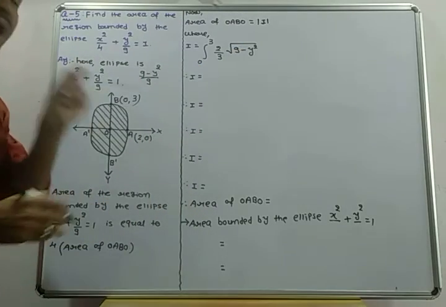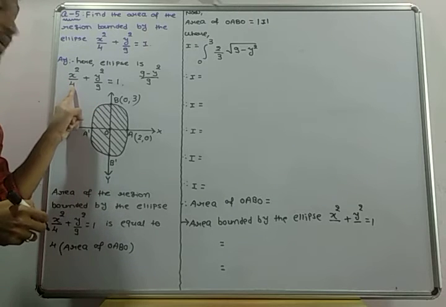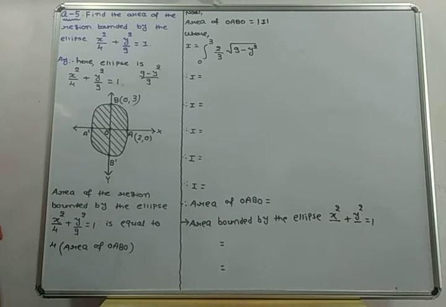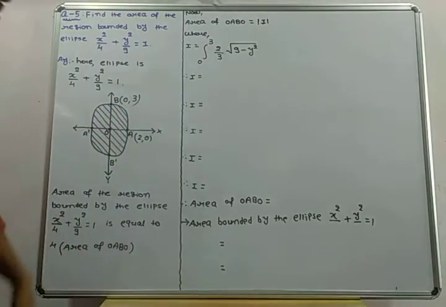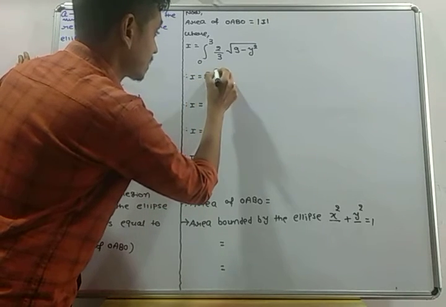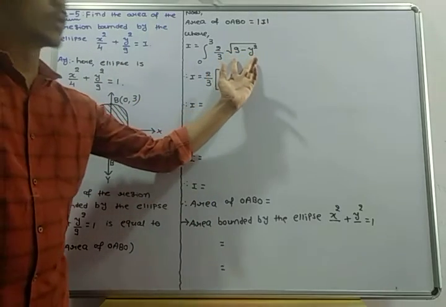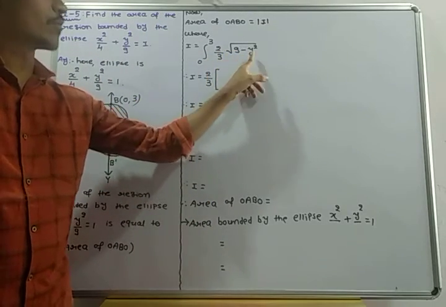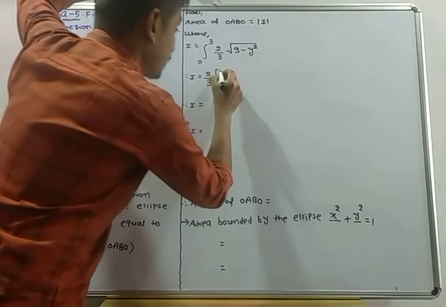The answer will be the same, pi AB. A is 2, B is 3, 3 into 2, 6 pi. The answer is 6 pi, pi AB. Okay, 2 by 3 outside, and the integration of x by 2 as it is plus a square by 2 sine inverse x by under root 9 minus y square. But here x means y, so x by 2 as it is, but here y by 2 as it is.